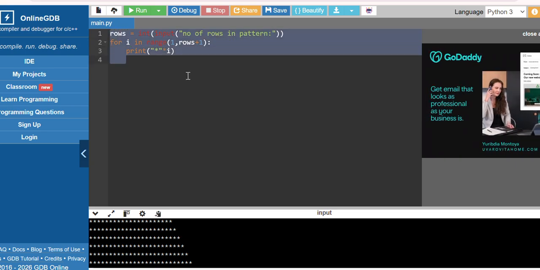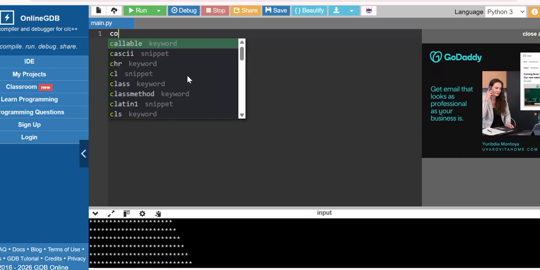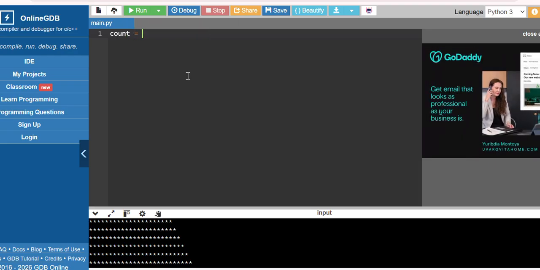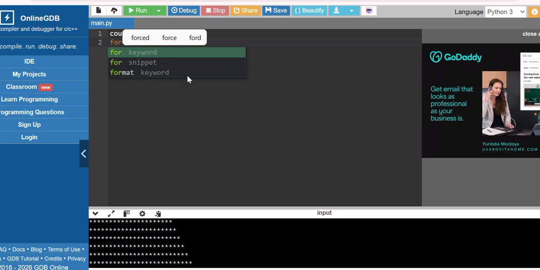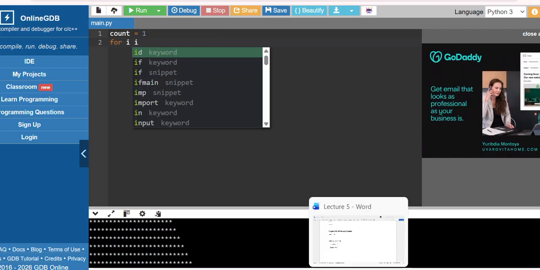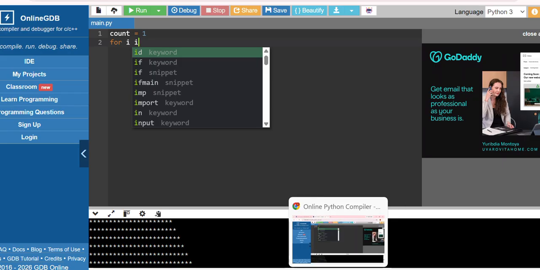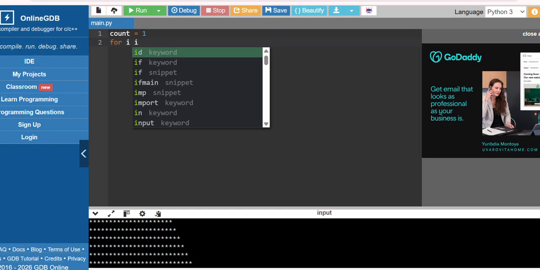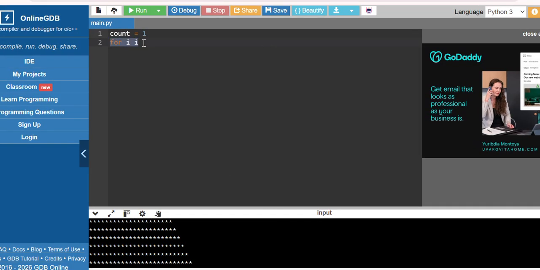Count equal to 1. Okay, for I in, was there any I in range? While count was there, no? That's what I was thinking. We are not using a for loop here. We are using a while loop. While count, we use conditions in while loops as we studied in the difference table. While count less than equal to 10,